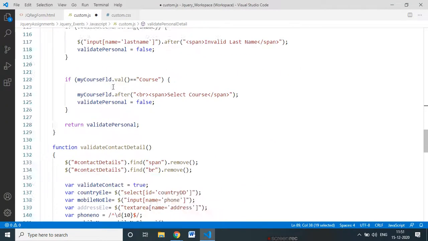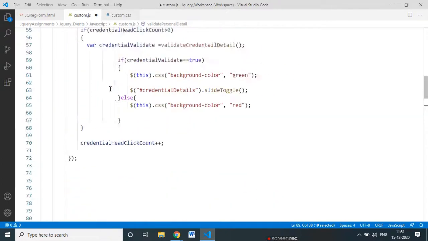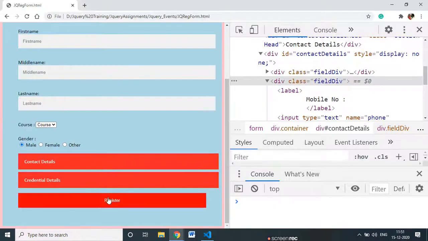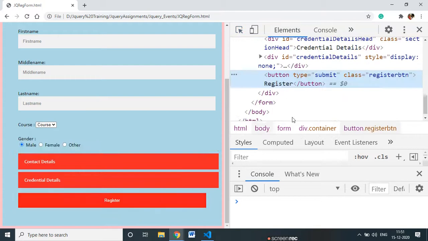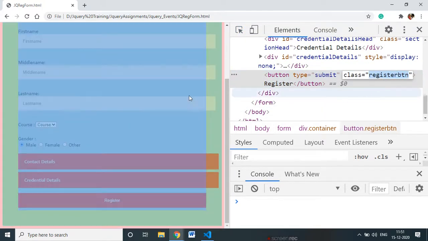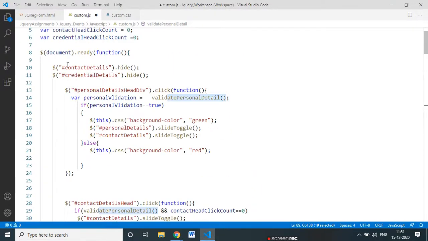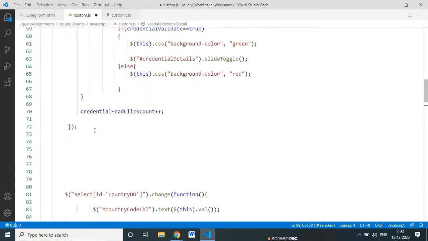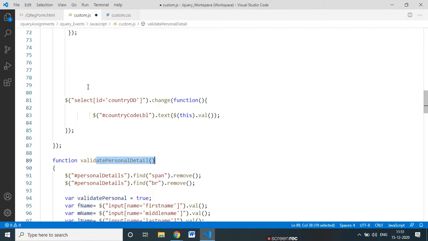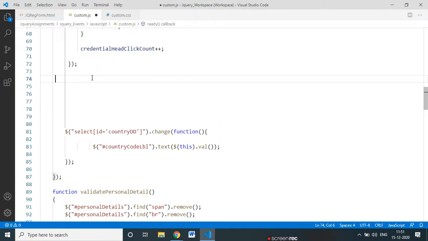So how will you do that? All three functions are there. On this button click, just to check the HTML, the button class is register button. So I just write a two-line code here in the ready section below. Here I will put it.